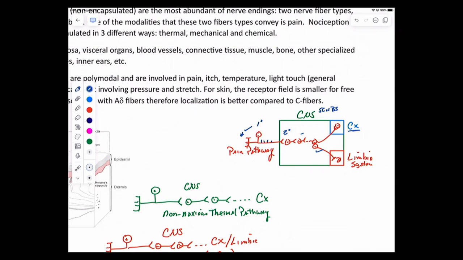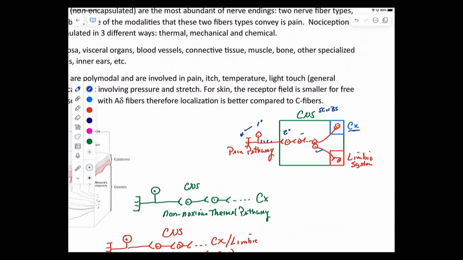So you kind of have a dual pathway. You have a pathway that tells you where it is and what the intensity is, and then you have a separate pathway that is going to have you associate a particular emotion with that pain. And the emotion is a sense of disagreeableness, a sense of I don't like that kind of thing. So there is this dual pathway involving pain. It is the conscious awareness of pain, localization and degree, and then the fact that it upsets me. In other words, it has an emotional valence associated with it.